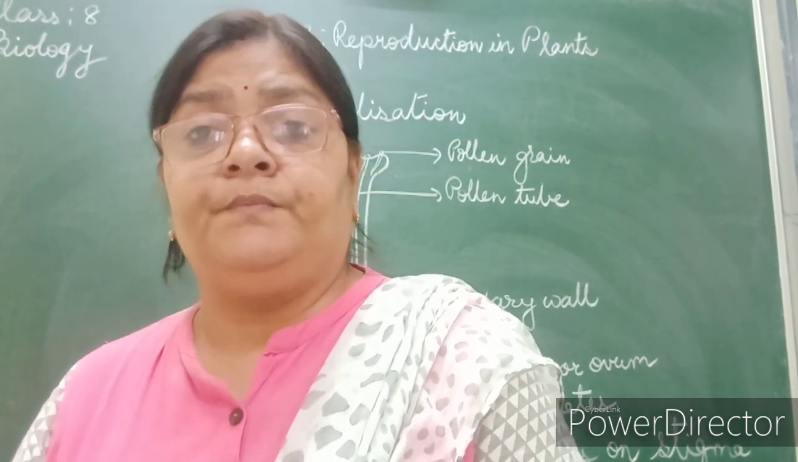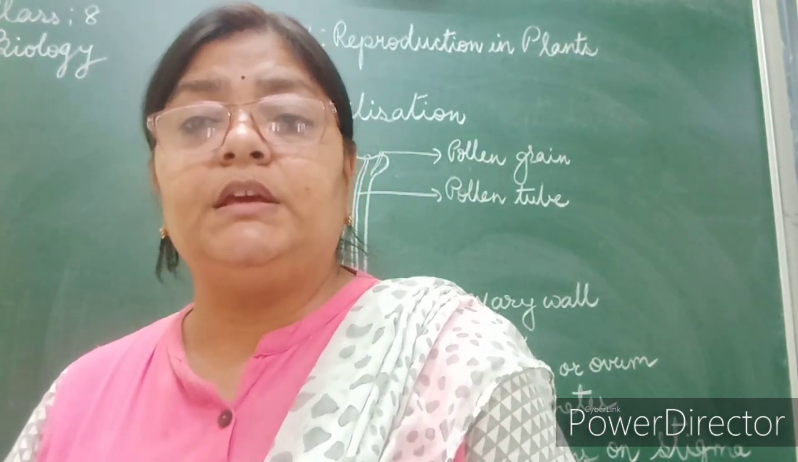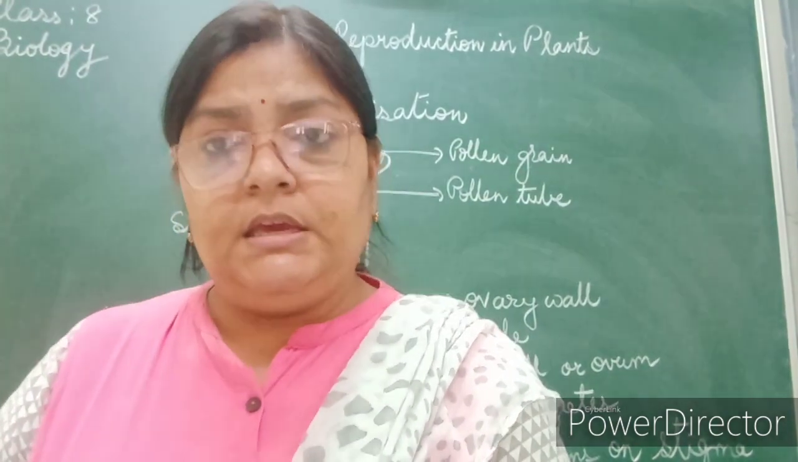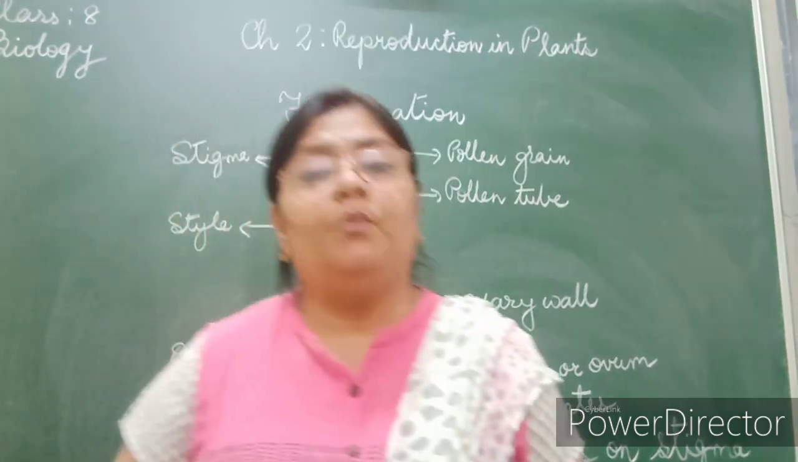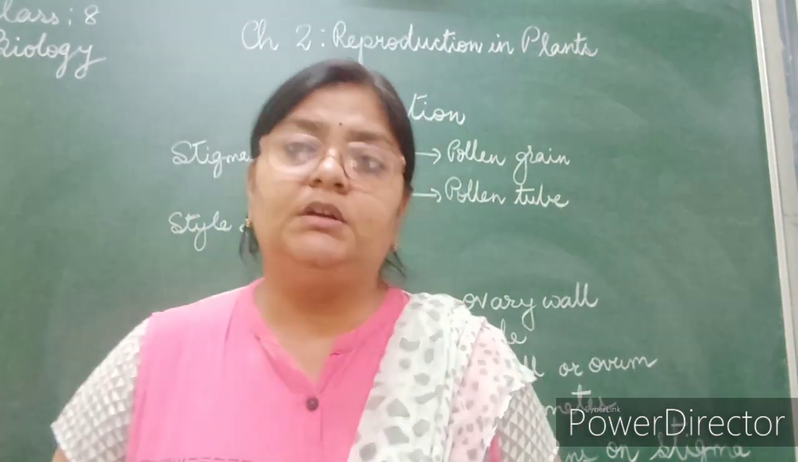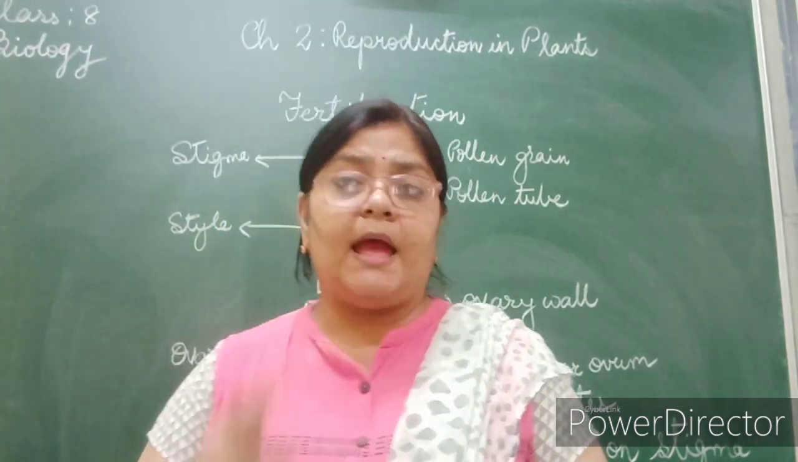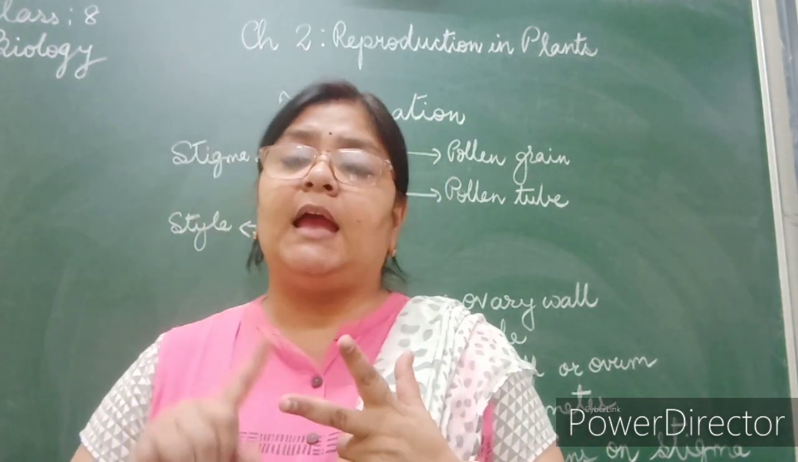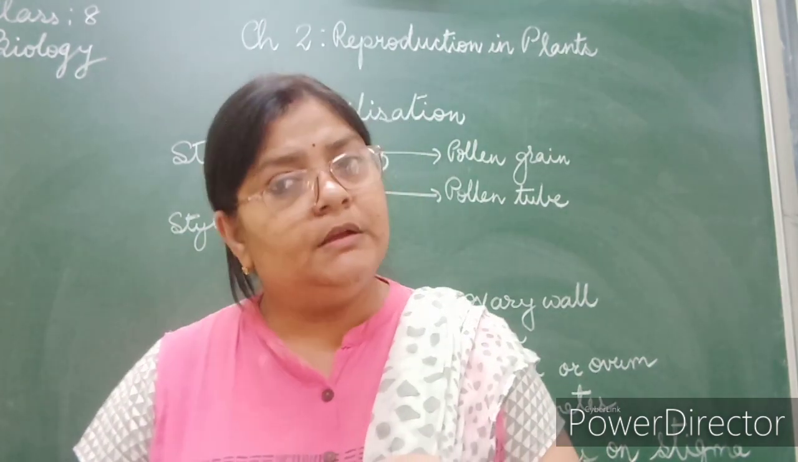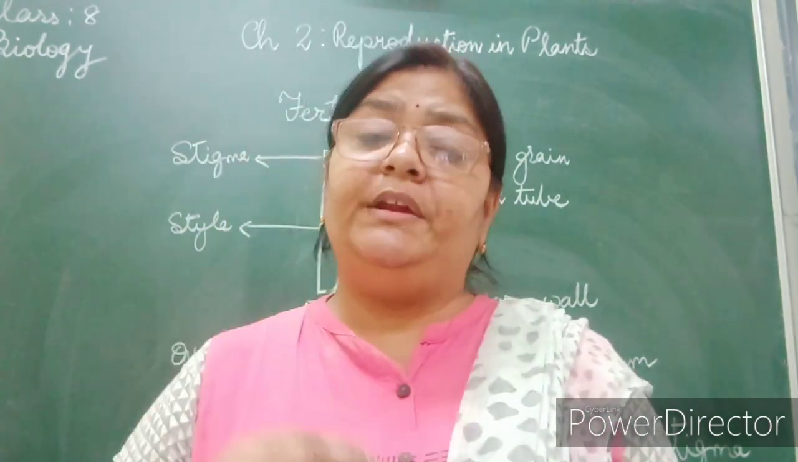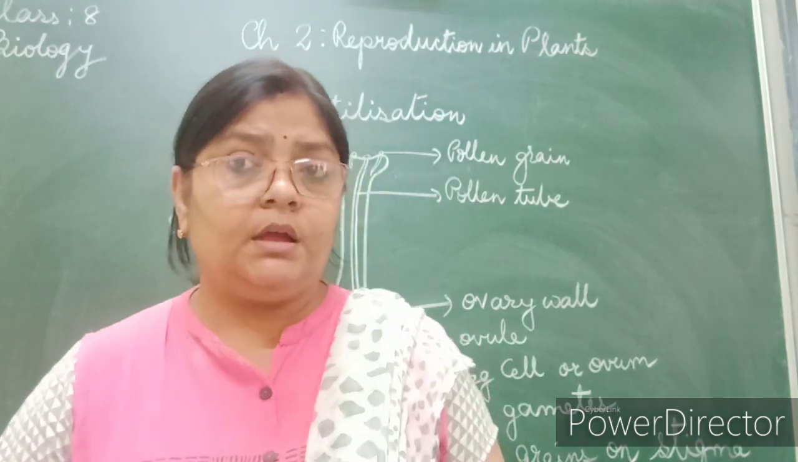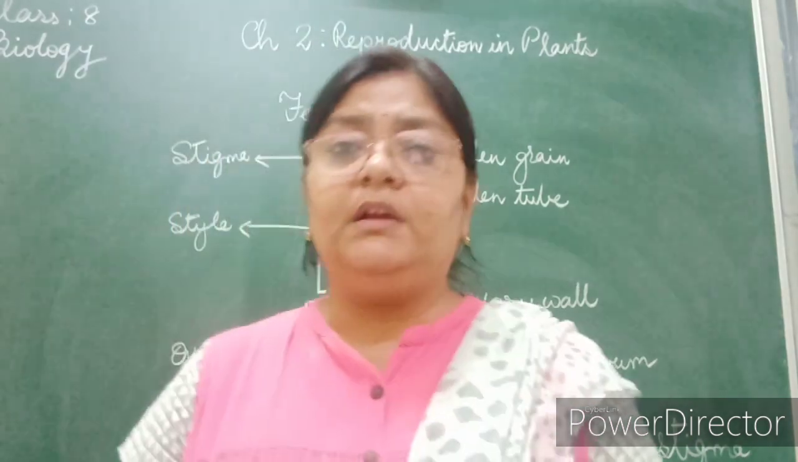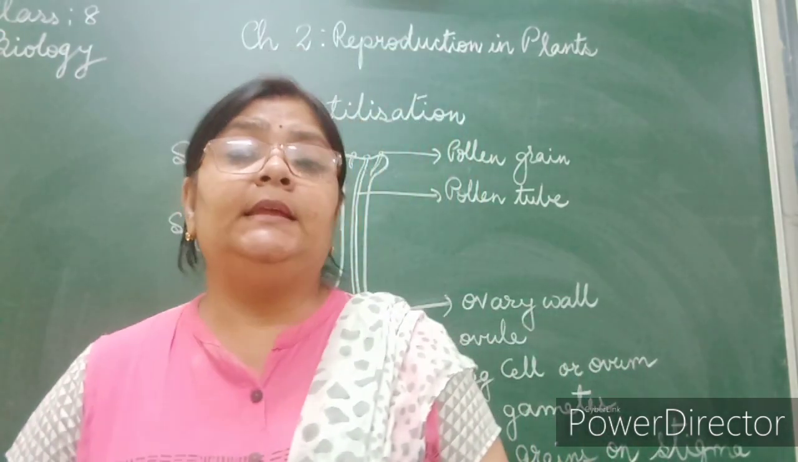Now, the male gamete of the flower is the pollen grain. The ovule inside the ovary is the female gamete. The pollen grain has a double wall structure, and inside it there are two nuclei. One is the generative nucleus, another is the tube nucleus. When the pollen grain reaches the flower, it has already reached this stage of having two nuclei, and further